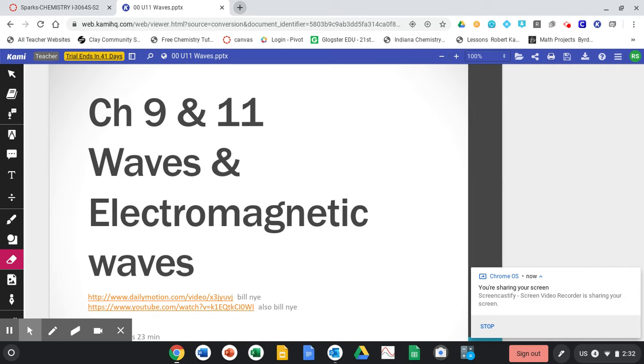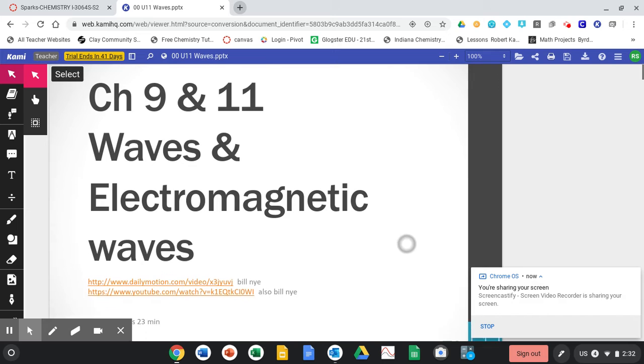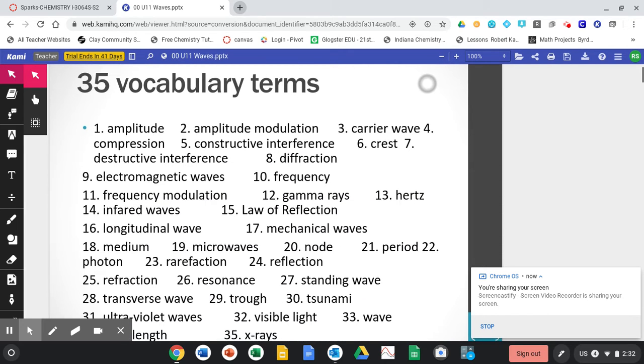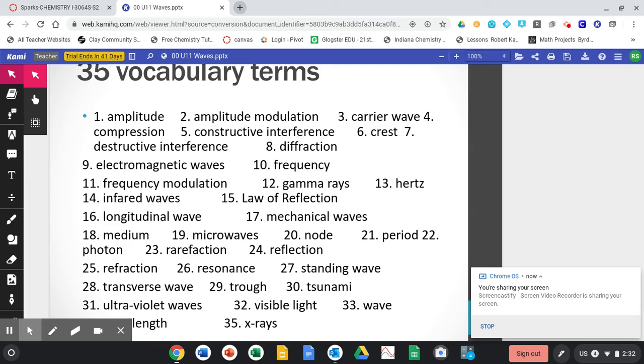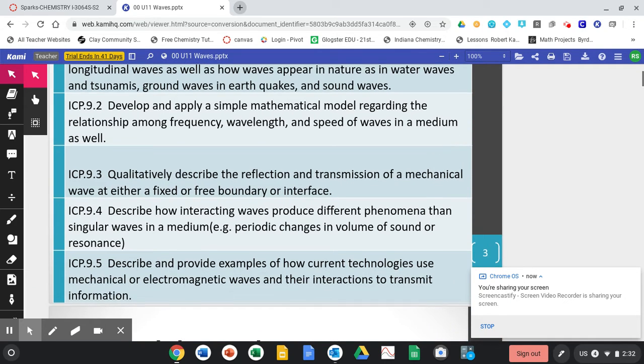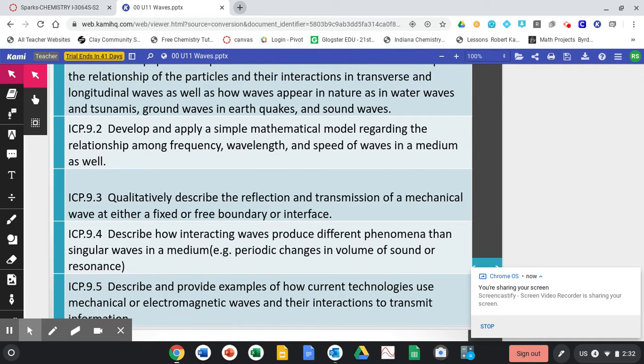And we are going to skip the Bill Nye movie. We might show it later, but I doubt it with the restricted time frame we have. You will be working on vocab when I get done talking. That's going to be your assignment today. It's going to be a Quizlet learn and Quizlet test. And you can see that I have the standards that you will be working on.